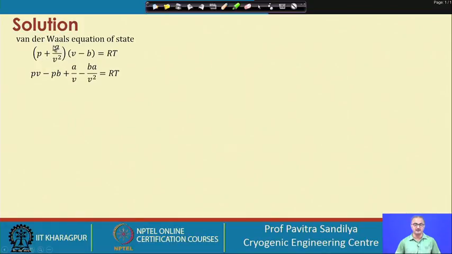In this, pressure is modified by this particular term, and volume is modified by this particular term, and perhaps you know that these account for the intermolecular forces and also the finite volume occupied by the molecules or the atoms in the real gas. So, those modifications have been taken into account, and then we are just expanding this expression, and from here we take the derivative at constant pressure with respect to the temperature.